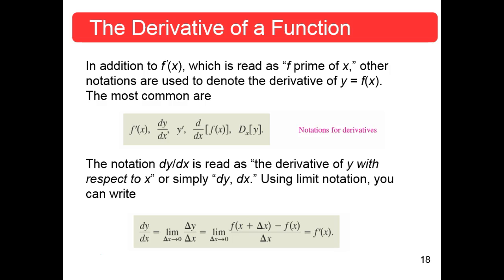Using the limit notation, you can then write, and this is where this comes from. dy dx is the limit as delta x approaches 0 of delta y over delta x. Now, it's not a huge stretch to think the Greek delta is becoming the little d in both cases. So this stands for that. This is if it's a finite change. This is if it's